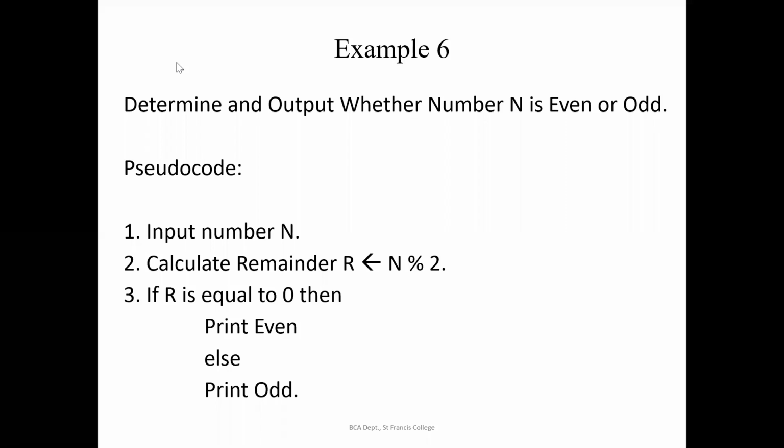2, 4, 6, 8 are some. Commonly, what definition will you give? Numbers which are divisible by 2, right? Numbers which are divisible by 2 are called even numbers. You cannot always check whether it is 2, whether it is 4, like that. There are many even numbers. So any number which is divisible by 2 will be considered an even number, right?